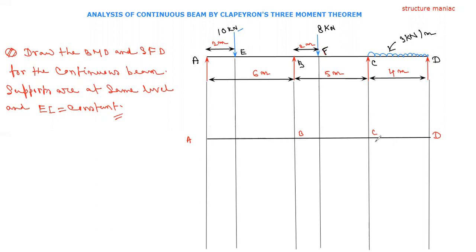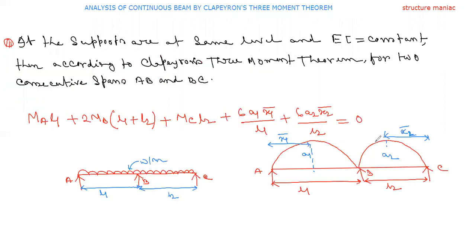Steps we have already discussed in the last video lecture, so let us quickly recapitulate the three moment theorem. What does the three moment theorem say? It gives us a relation between the support moments of three consecutive supports. That means we can apply the theorem at a time for two consecutive spans. If there is a continuous beam ABC with two spans AB and BC, then according to Clapeyron's three moment theorem, if the supports are at the same level and EI